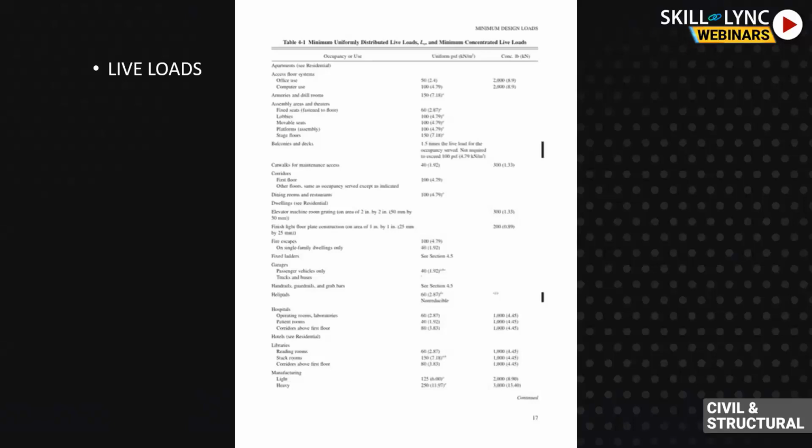So again, I'm just going to state some examples of what a live load would look like. When you go into the code, you would get a table. I hope most of you have seen IS 875 and its various parts, where you would find dead load, live load, seismic loads and wind loads. This is one of the snapshots I've taken from one of the codes, which is stating live loads.